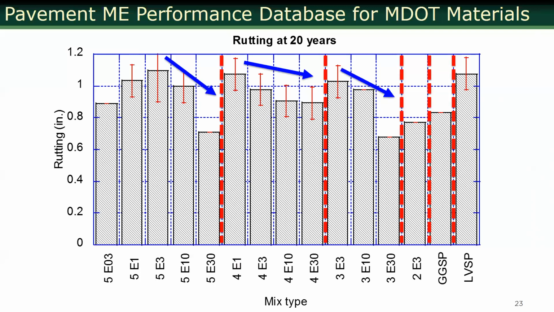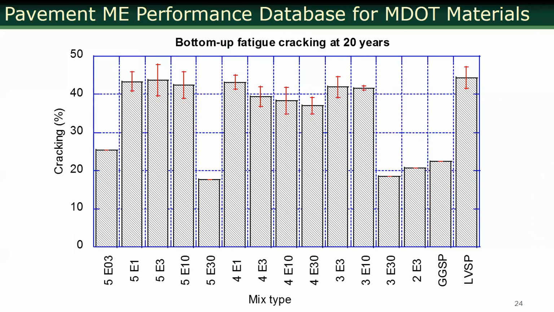This is only solely based on level 1 dynamic modulus inputs. The beta values we did not calibrate. So if you calibrate the beta 2, beta 3, you would get a more accurate picture. This is just an example. I'm just showing you can do stuff like this to see the effect of different materials on